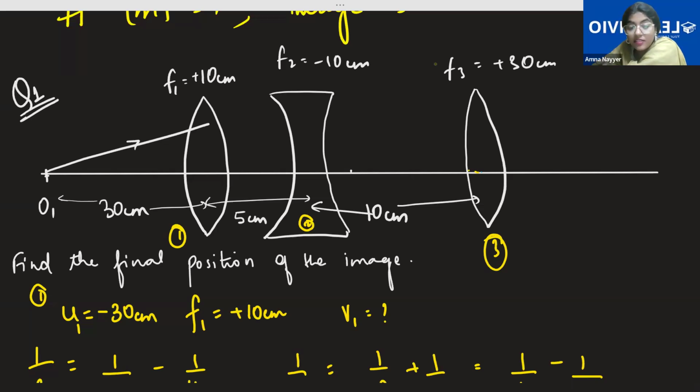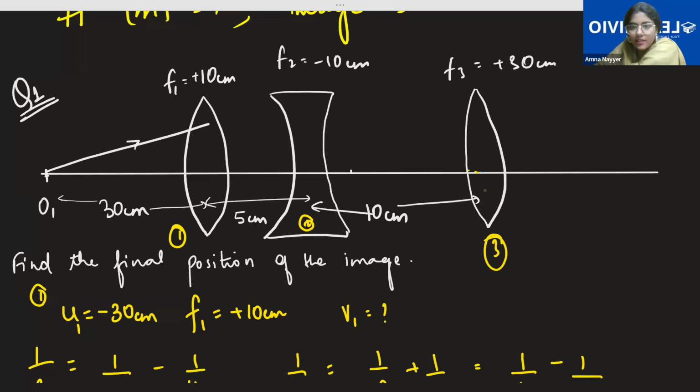First lens is your object placed at 30 centimeter. You are getting the image 15 centimeter from the first lens. On the principal focus. Look, this much is 5 centimeter given. From this lens to this lens, this is given as 10 centimeter. Total is how much? 15 centimeter. That's what we had, 15 centimeter from our first lens. V is equal to plus 15 centimeter signifies that 15 centimeter beyond your first lens.